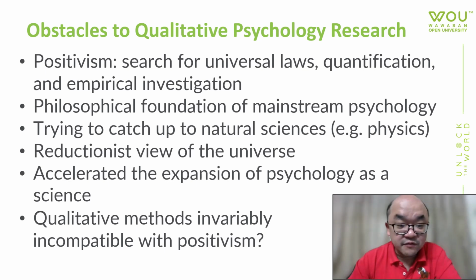Now, positivism itself tends to take a reductionist view of the universe, where the idea is that there is objective truth in the world, found by figuring out the actual factors that determine a certain thing. So for example, H2O equals water. Water is being reduced into its molecule, which is 2 hydrogen and 1 oxygen. That's it. That's the reductionist view. Similarly for psychology, taking a reductionist view means that you find a reason or cause of a particular behavior. You can boil it down to one or even several factors. That's it. So for example, a lot of us would like to know this, isn't it?